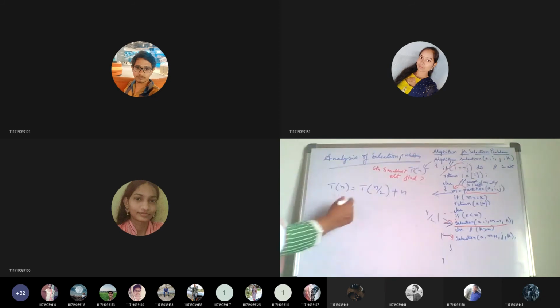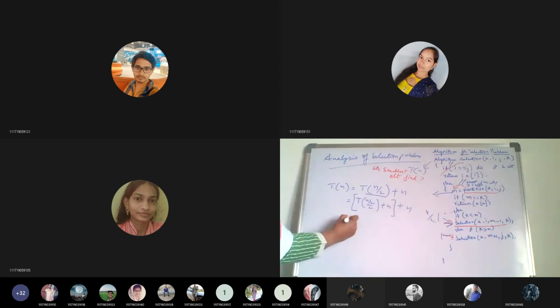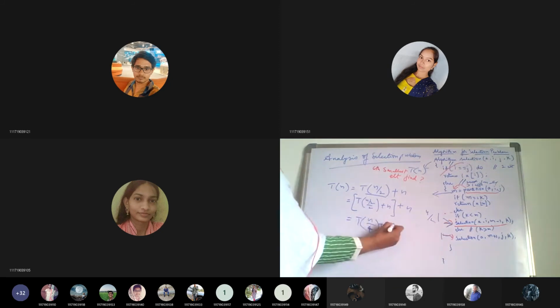So if you elaborate this, I am expanding this one. In place of n, you keep n by 2. See, T of n by 2 plus n, and plus n. So how much will it be? T of n by 2 square, or you can write it as 4, plus 2n.